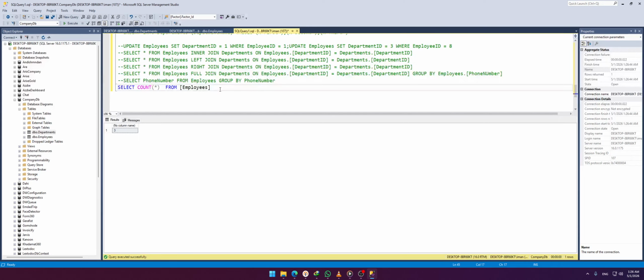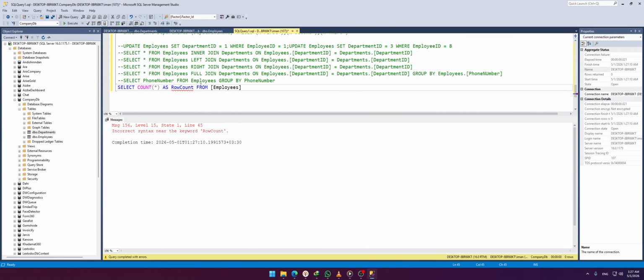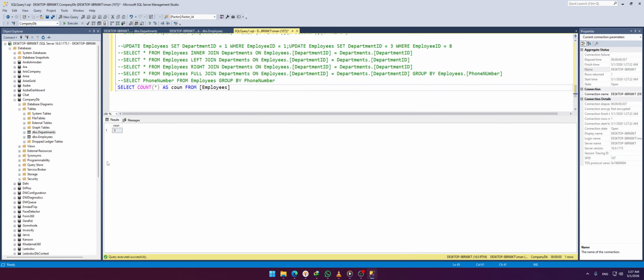So you can return the title of column here like this as row counts. Row counts, I think it's gonna work. Let's put something else. Count, it's gonna be good. Okay. You can put the title here, or you can select like this,